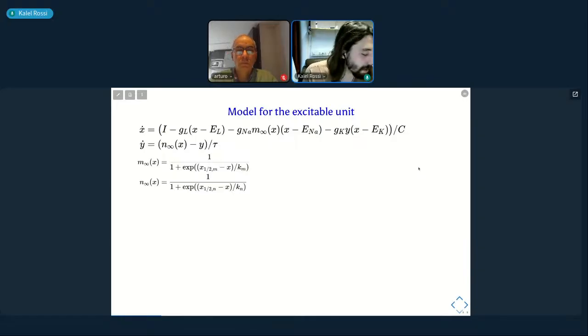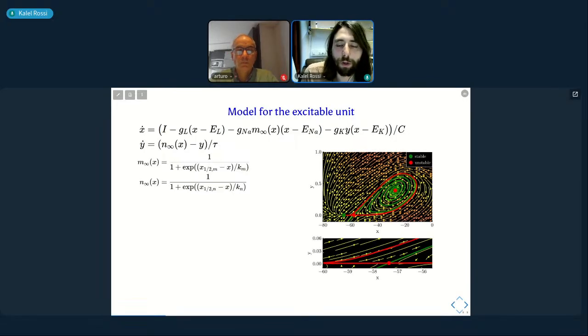What matters for us at this point is that if you parameterize this in a sensible way, you get a state space that looks like this. And you can see here very clearly the excitability in the phase portrait, right? You see all these arrows showing that the trajectories have to go all the way around here before converging to the stable equilibrium. And if you start near this unstable focus that's here, the trajectories have to spiral outwards